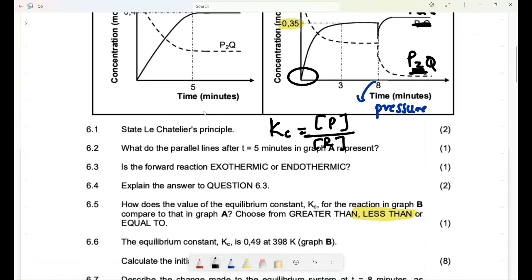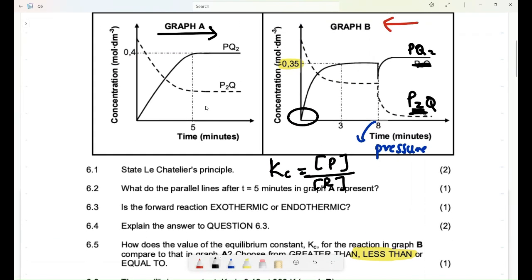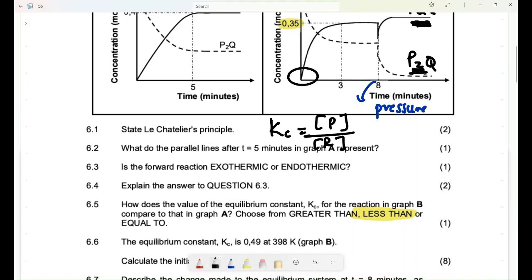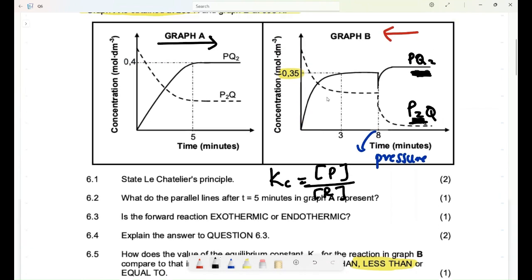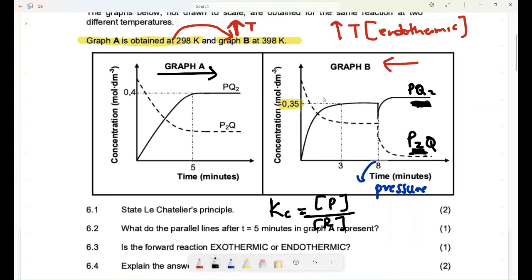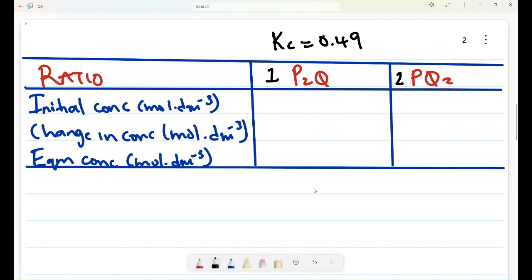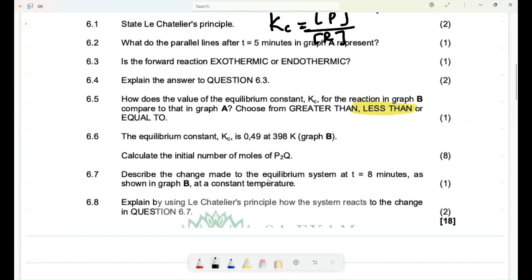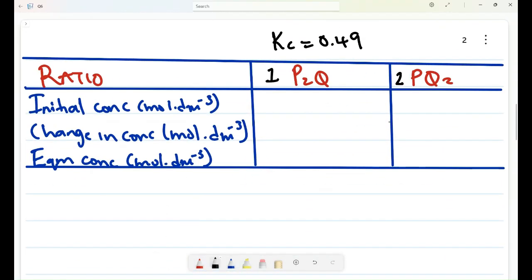So I had to see what exactly the examiner was trying to do. And yeah, I understand sometimes hypothetical reactions can be confusing. So I want to believe now we are in a position of answering. Now I want you to see that at equilibrium, the concentration of PQ2, remember this is at equilibrium, let's fill up whatever we have in terms of concentration. PQ2 has a concentration of